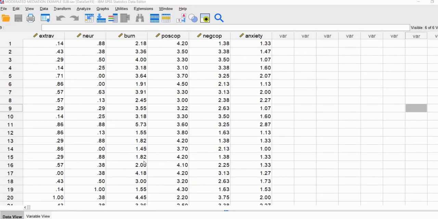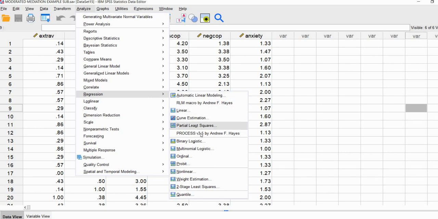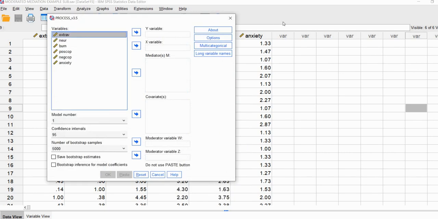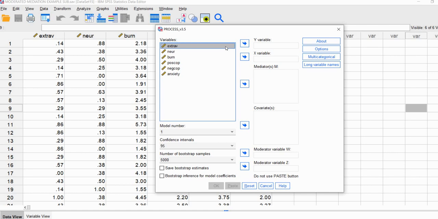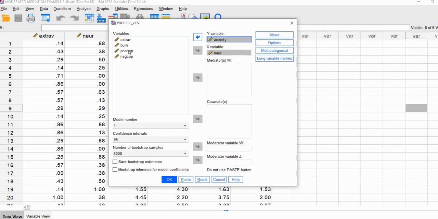So here we are in SPSS, and I'm going to go ahead and run the analysis. I'm going to go to Analyze, go down to Regression, and then go down to Process. Okay, so we have our variables in our data set. Our X variable is neuroticism, so I'm going to move it over to this X variable box. Anxiety is my dependent variable Y right here. I'm also going to move positive coping to the mediator box, negative coping to the mediator box, and burnout to